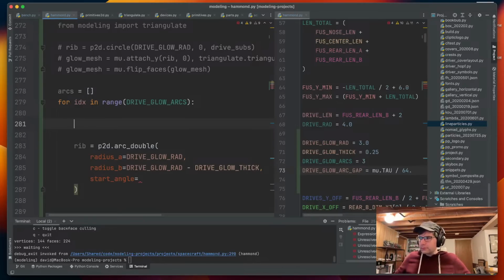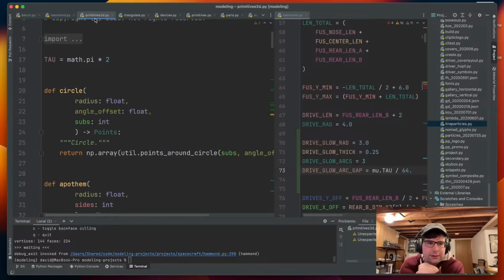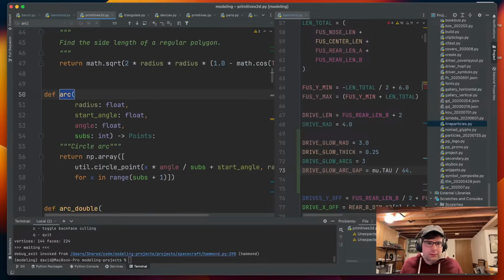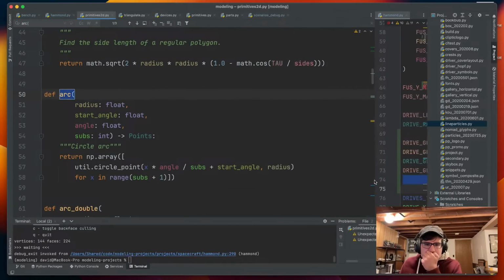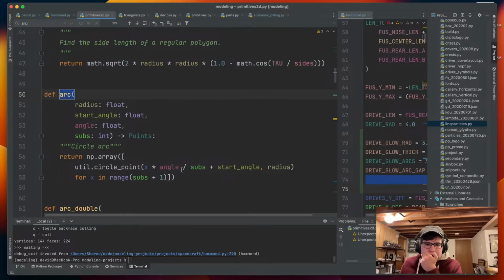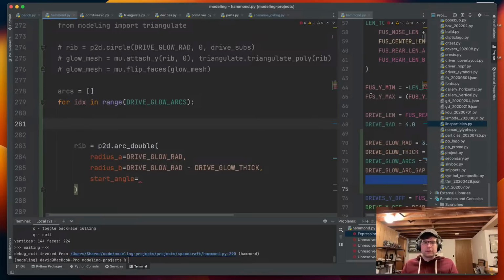So we'll be starting from, and I think my arc stuff handles negative stuff just fine. So start angle is going to be tau divided by the arc count divided by 2